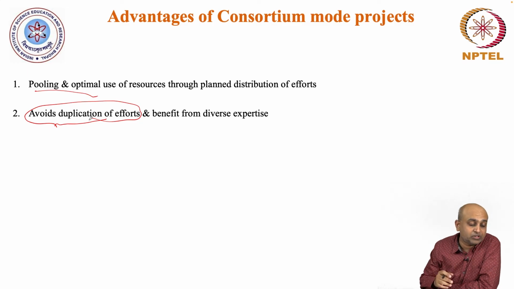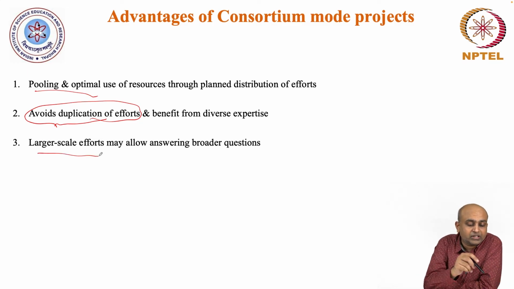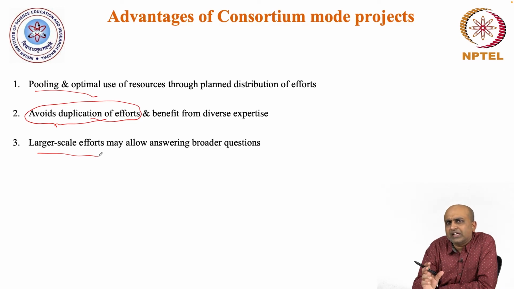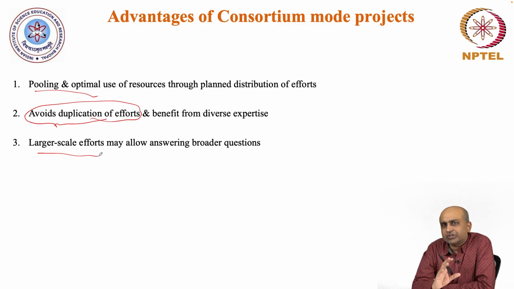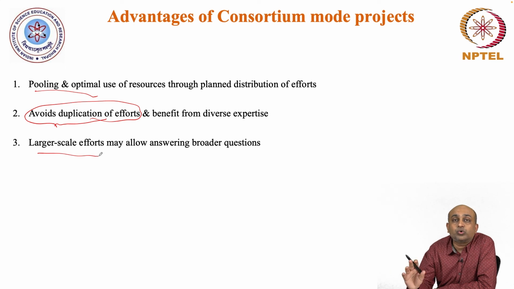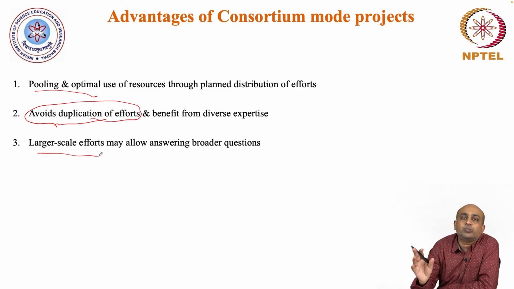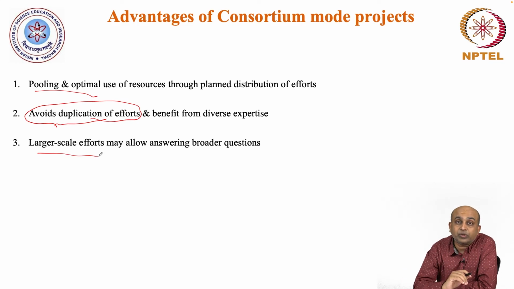So this was possible. Then when you have these kinds of large scale efforts, you can really answer broader questions. If the Human Genome Project was not coordinated in this way, if different labs were just sequencing some random parts of the human genome, of course there would be a lot of duplication of effort, but also some of the questions that could be asked once the whole genome was available could not be asked, if the data was distributed all over the country, or all over the world. Only because the whole data set was assembled into one large human genome, you could look at various questions which otherwise would not have been possible to answer.